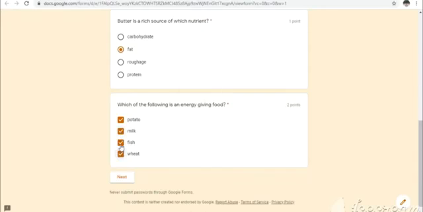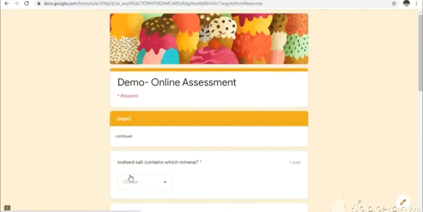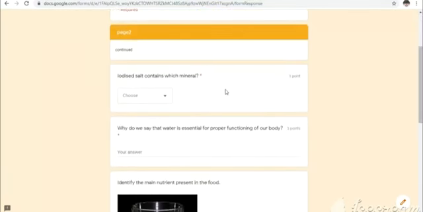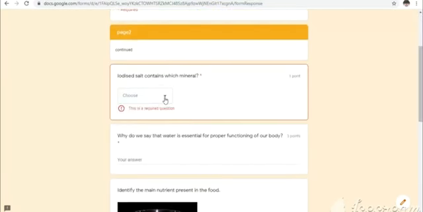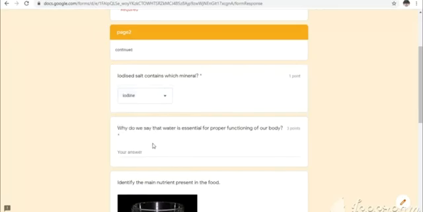As I know the answer, I am selecting the correct options. Then it's a drop down question. Iodine, why do we say? Because it helps in digestion of food.